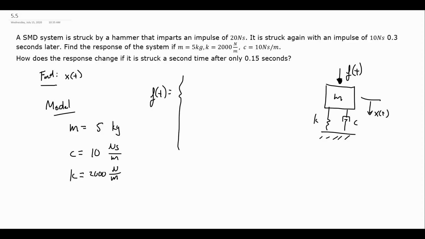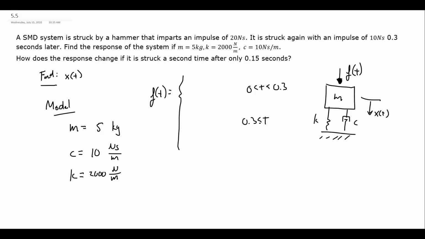So the way we can do this is we can include both of these impulses here, the initial one, which happens right away, and then the second one that happens at 0.15 seconds. Now, because these are only impulses, we could actually string them together because we're going to use the Dirac delta, but I want to write it still in this piecewise form so that we can use the piecewise solution. So our first interval is 0 to, we'll do it the first way, 0.3 seconds, and then at 0.3 seconds and onward. And just for the sake of aesthetics, I'll make it exactly 0.3 seconds